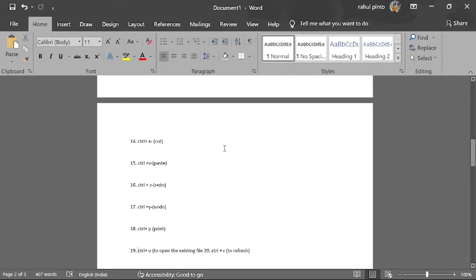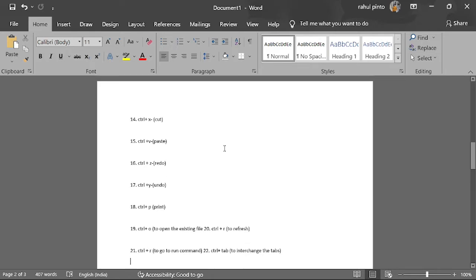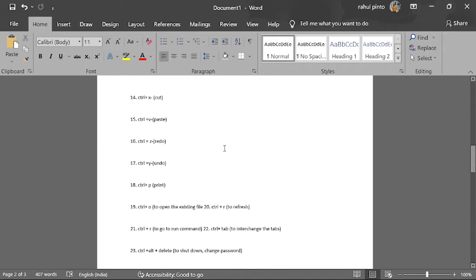And we know these things. And coming to another one, Control O. This shortcut is important when we want to browse any file within that particular program or application. We need not go into the particular folder and search for it. We can directly search by selecting Control O, where it will redirect to the files which belong to it.